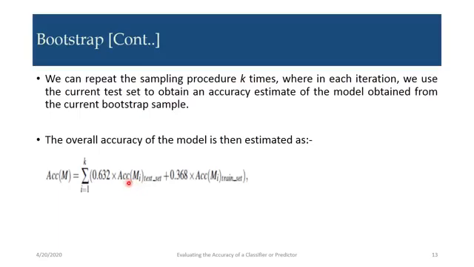Here Mi is the model from bootstrap sample i; 0.632 weights the accuracy on the test set, and 0.368 weights the accuracy on the training set. That can be calculated as the summation for i = 1 to k. So that is the accuracy for a particular model M,